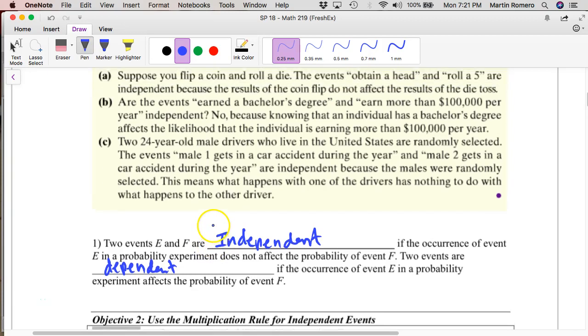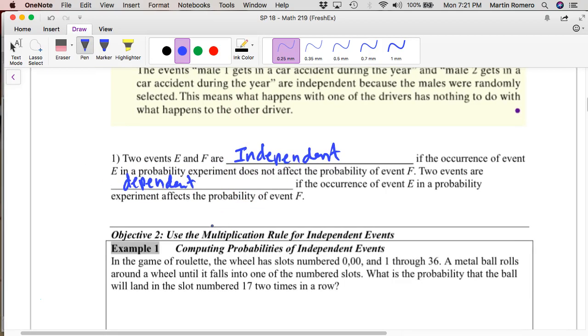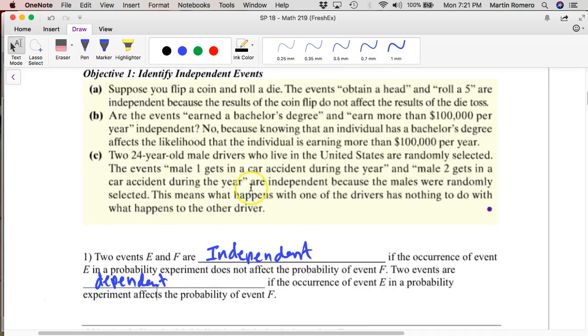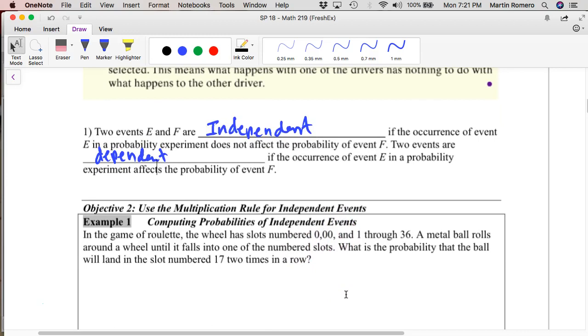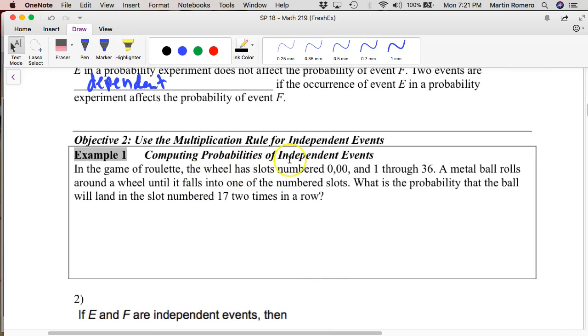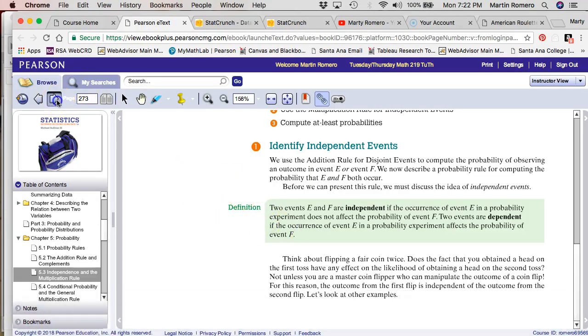And so looking at that situation, we have to think about that in terms of when we apply the multiplication rule in certain situations. And so we're going to be talking about those ideas of independent events or dependent events, and how that relates to how we solve these problems where we have these sequences of events. So for example, another gambling example, computing probabilities of independent events where they're not related. One event does not affect the probability of another one. And so I think to kind of solidify, before we do that example, I wanted to show you from